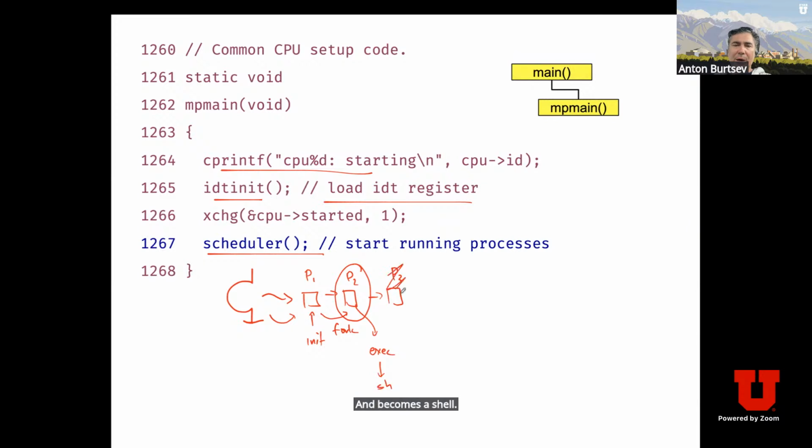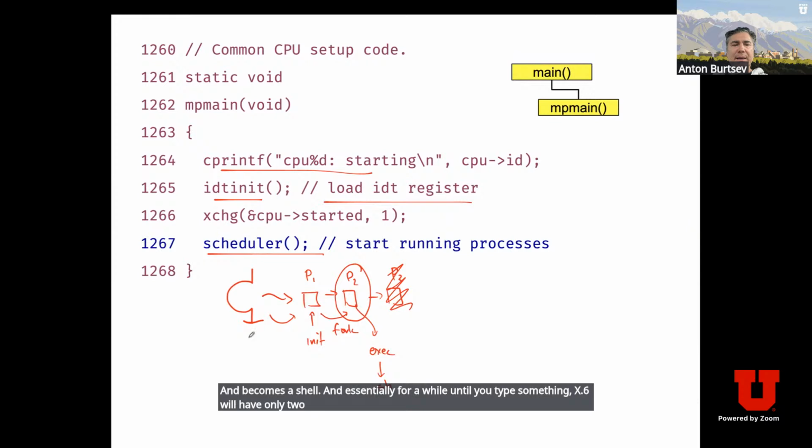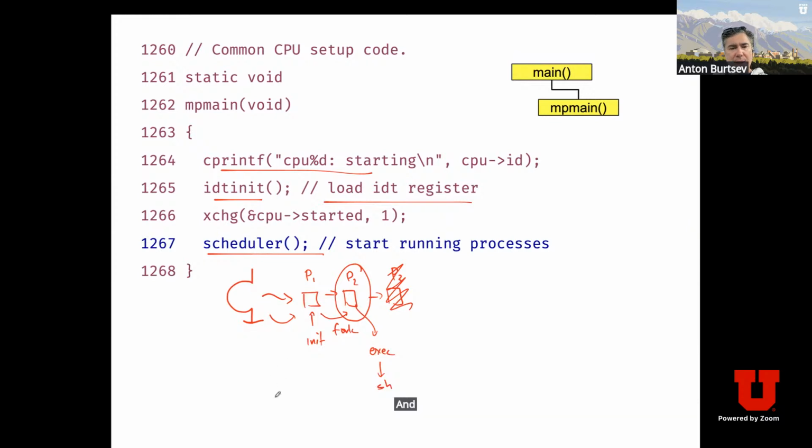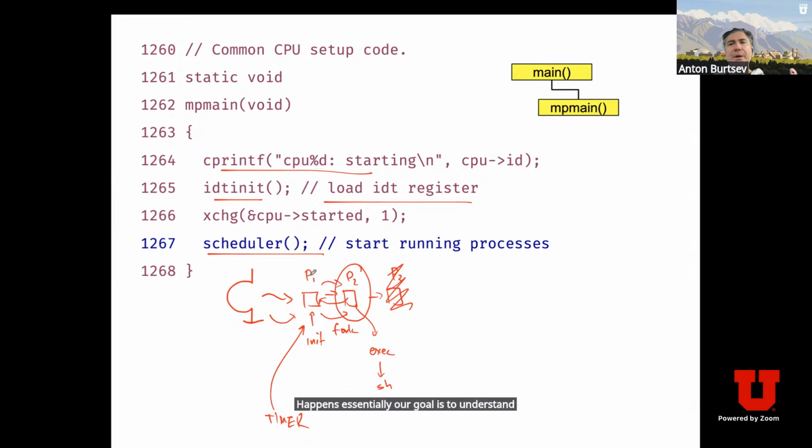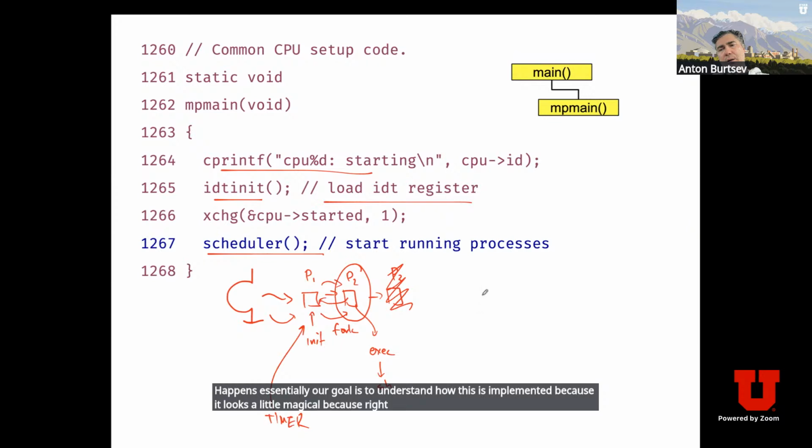And essentially for a while, until you type something, x86 will have only two processes. Every time the timer interrupt comes in, x86 will be implementing the logic of switching between P1 and P2, from P2 back to P1, right? And this is the topic of our lecture, essentially, how this switch happens. Our goal is to understand how this is implemented, because it looks a little magical,